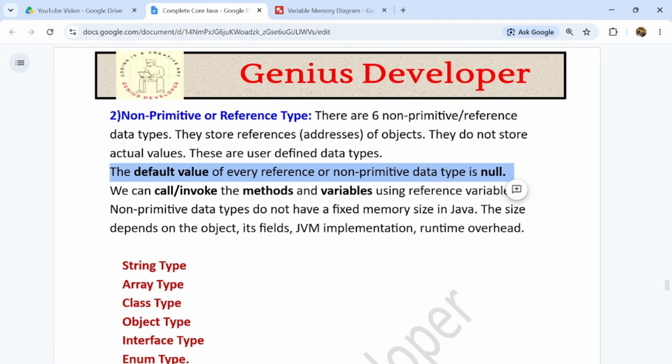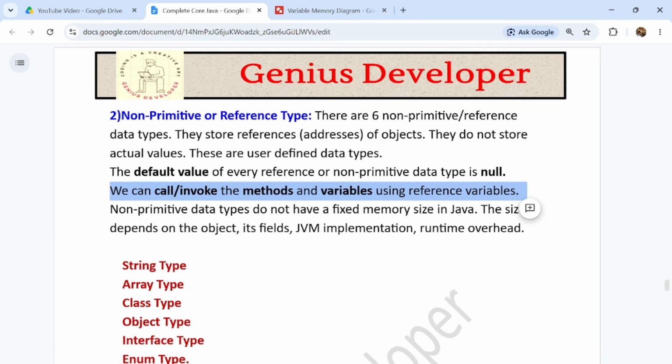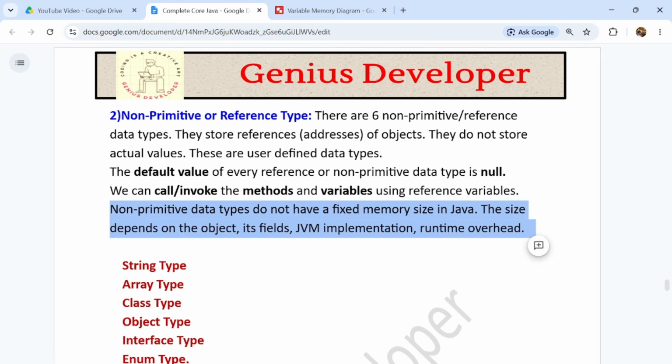And the default value of every reference or non-primitive data type is null. And we can invoke methods and variables using reference variables. And non-primitive data types do not have a fixed memory size in Java. The size depends on the object, its fields, JVM implementation, or runtime overhead, guys.